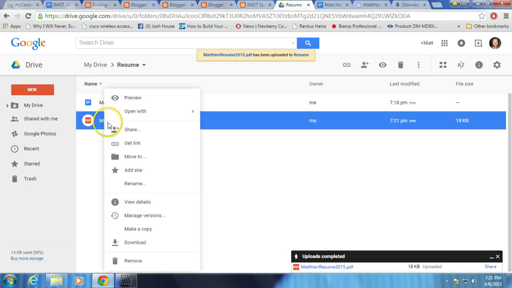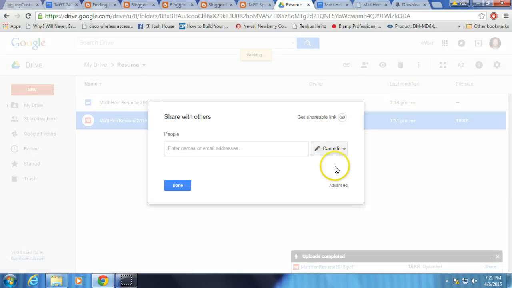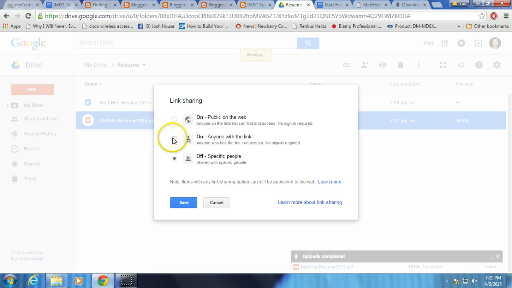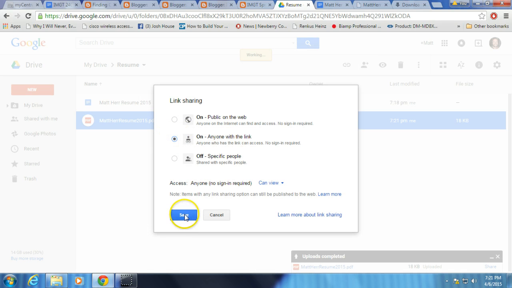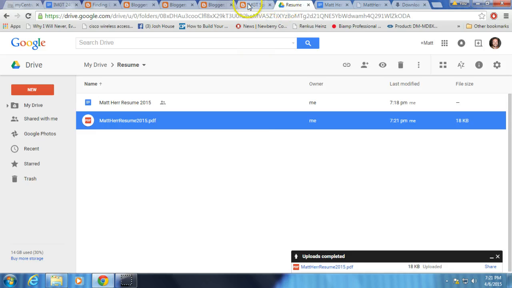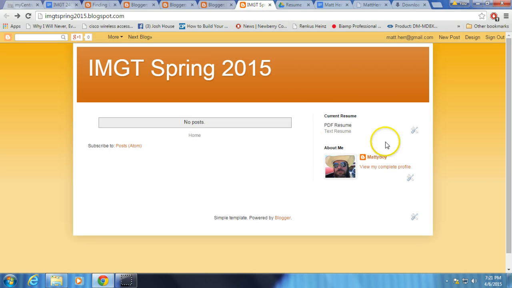I can right click on that PDF, choose Share, go to Advanced, and then change the private to anyone with the link. Choose Save, copy the address there that's already highlighted, choose Done, go back to my blog, and again I know